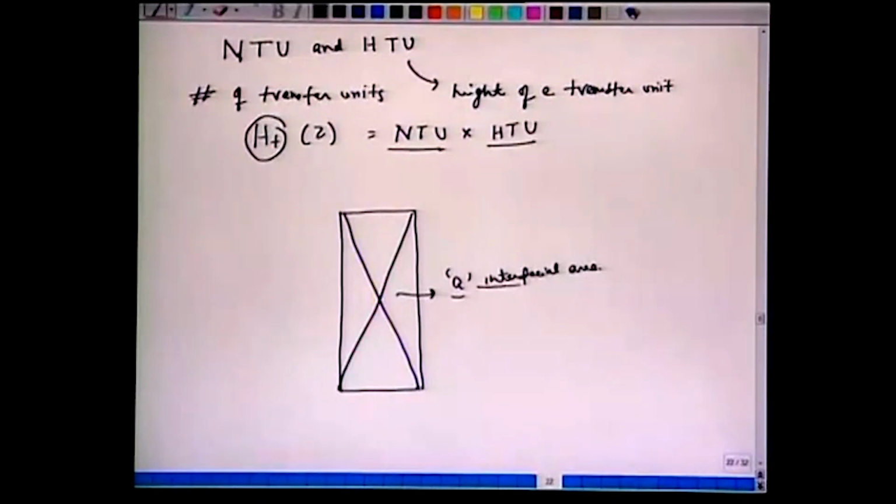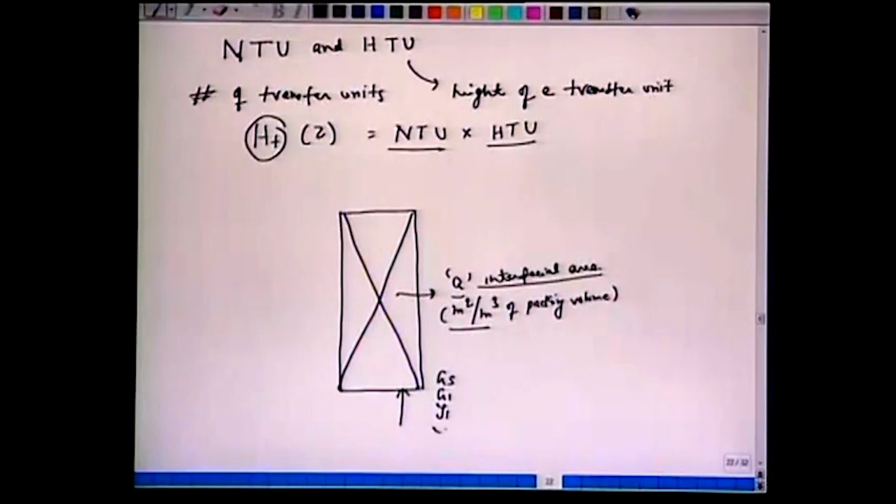The packing manufacturer supplies this, meter square of interfacial area per cubic meter of packing volume. So generally the manufacturer supplies this quantity a, or from the handout, from the tables, this quantity is known to us. Also known to us is a given gas which has a specification GS,